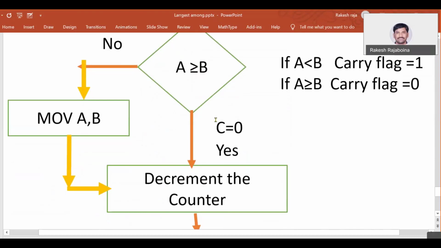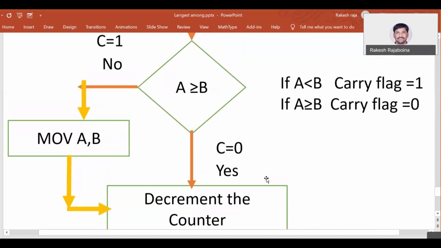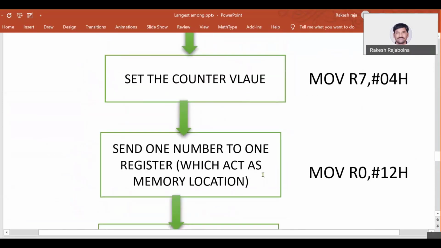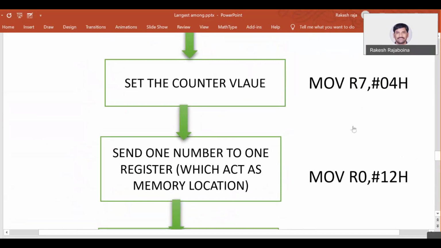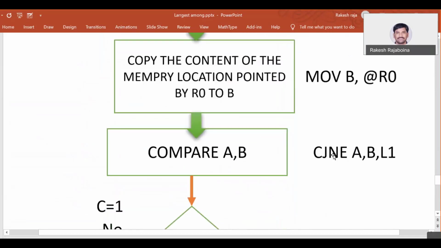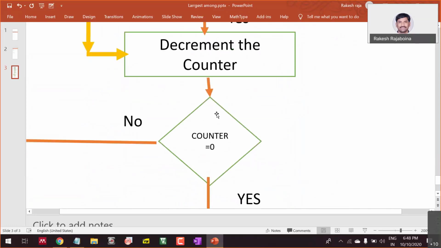I am going to explain all the conditions. First, listen. For the time being, I have taken two numbers, and A is greater than B. That means my first number is greater than the second number. In that case, my accumulator is already having the highest number, so I don't need to change anything. Now it goes to the next instruction, which is to decrement the counter. Your R7 value, which you defined previously as 4, is going to decrement to 3. Once it is decremented to 3, it checks whether the counter is 0 or not. Moving from 4 to 3, it is not equal to 0. If it is not equal to 0, it has to go to the loop.